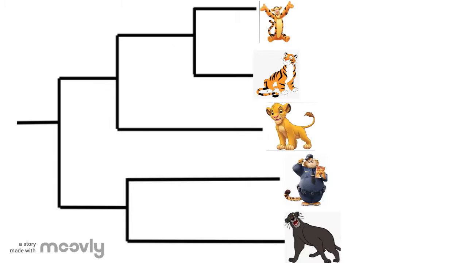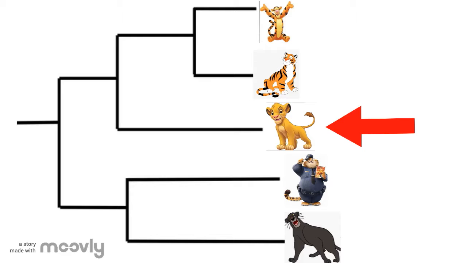The second cluster is slightly more complex. Here we can see Tigger and Raja are the most closely related because of how close together spatially they are. This makes sense because they are both types of tigers, but not the exact same type. The next closely related to both of the tigers is Simba. He is slightly farther away because he is a lion, but they are all still strong, powerful animals with similar sizes and diets.